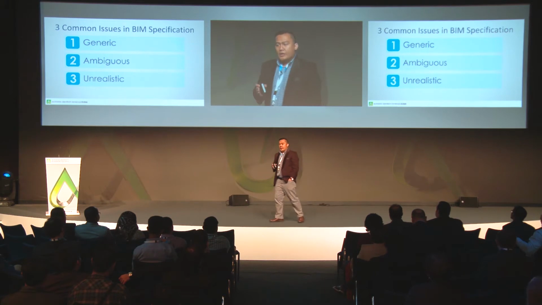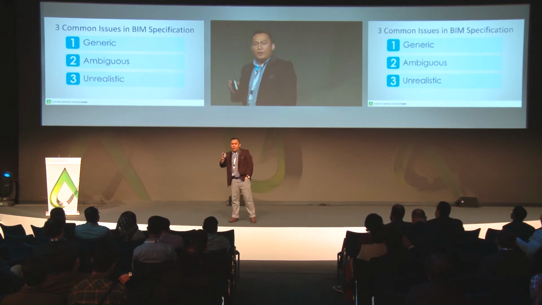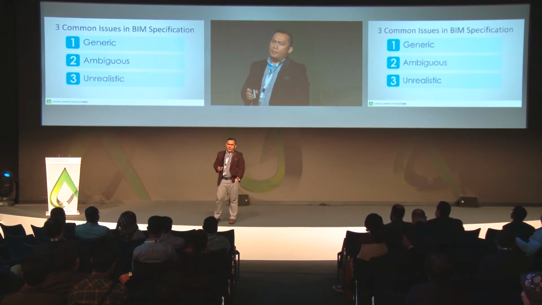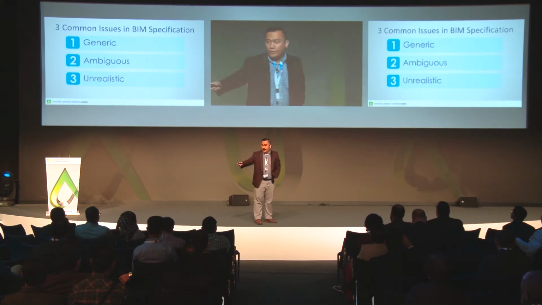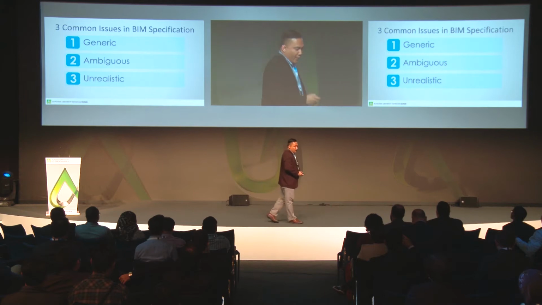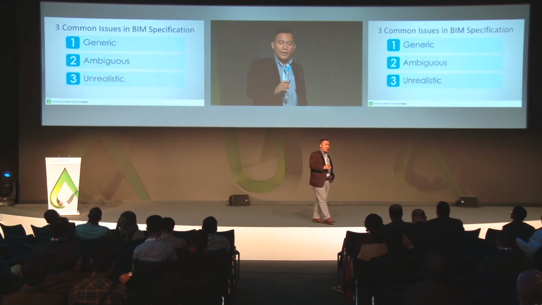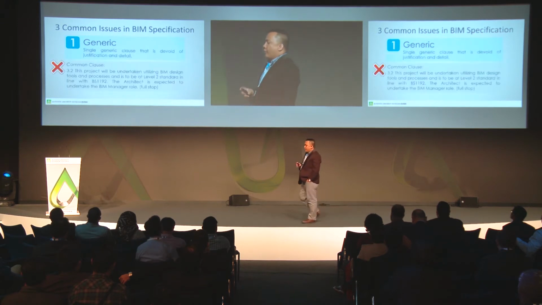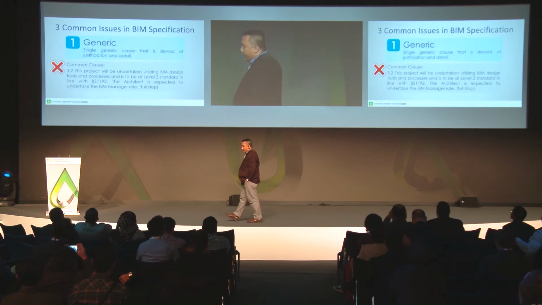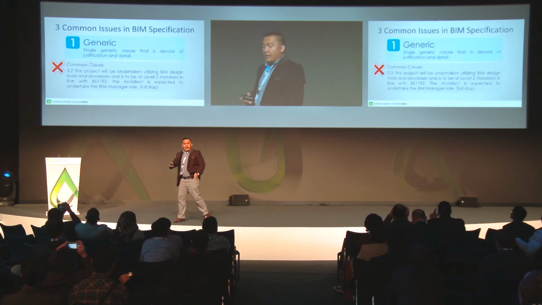So from that experience, I found out that there are 3 common issues in a BIM specification. This is true in Singapore and in the UK as well. I don't know about Dubai. So first, it is generic. Second, it is ambiguous. Third, it is unrealistic. When we say generic,